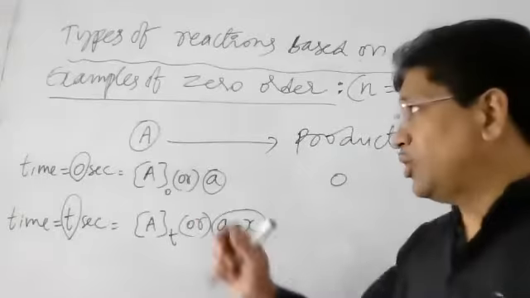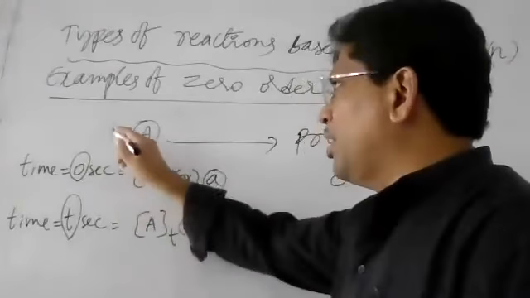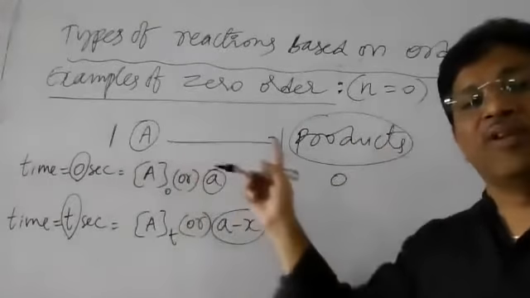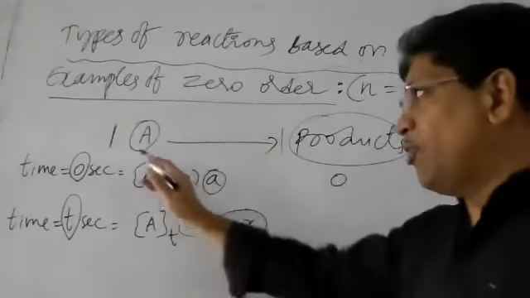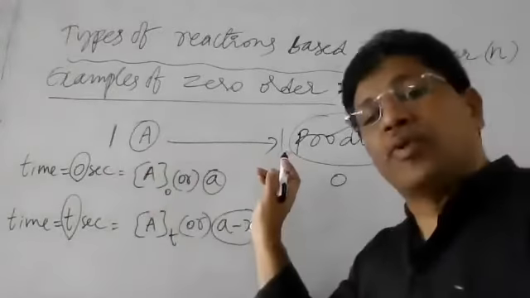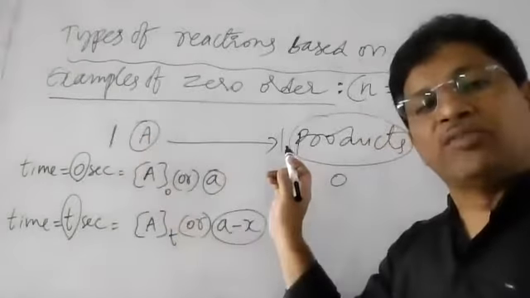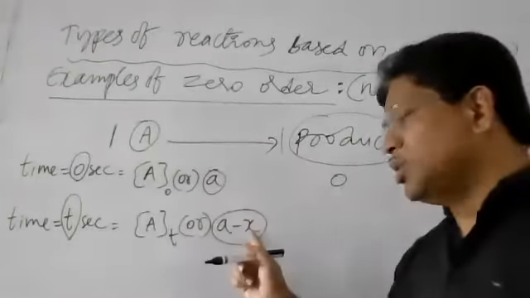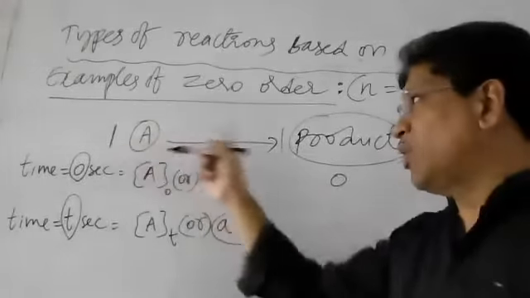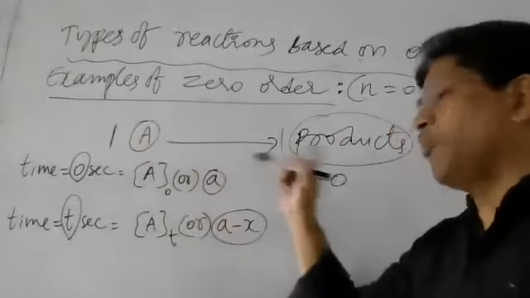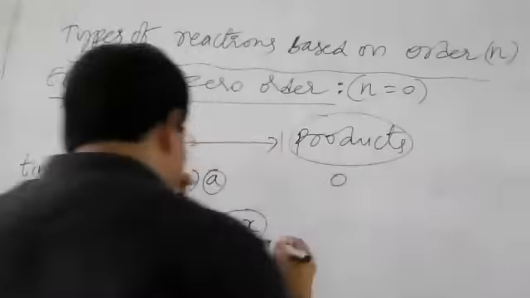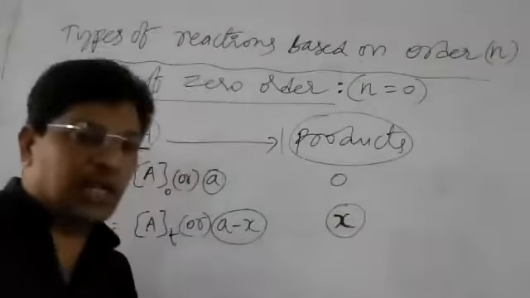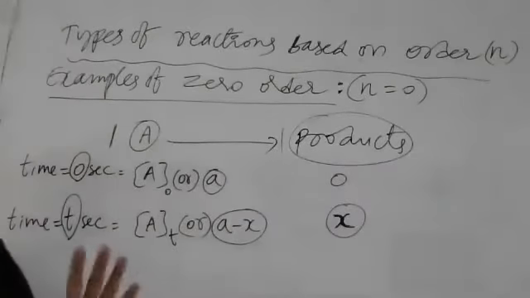Here, from the balanced equation, 1 mole of A gives 1 mole of product, suppose. If 1 mole disappears completely, we get 1 mole of product. But how much disappeared here? X quantity disappeared. So when 1 disappears, 1 mole forms; when X disappears, X will form. The quantity of product produced after t seconds is X.